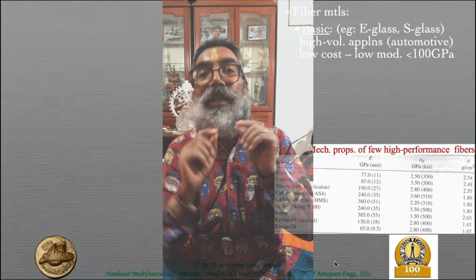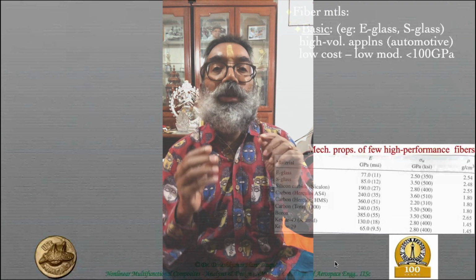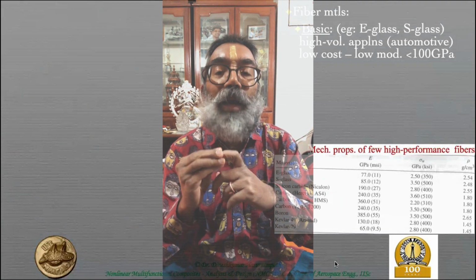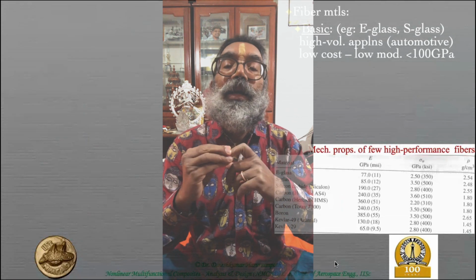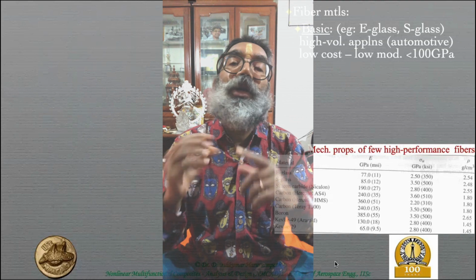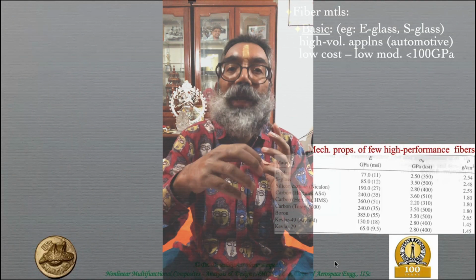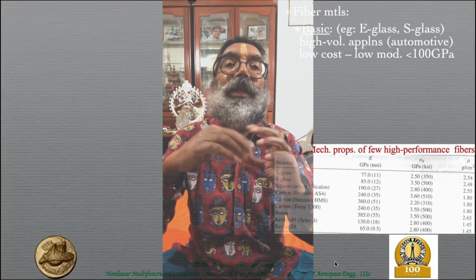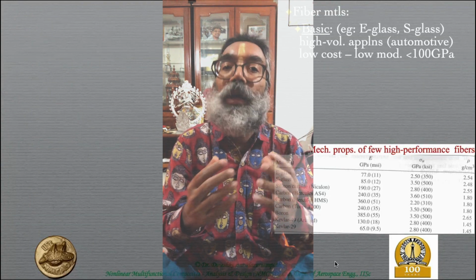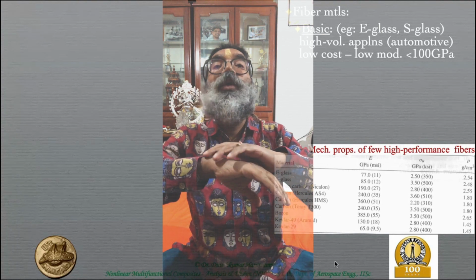That is, you understand the phenomena behind this damage. So suppose a fiber microbuckling has happened, why it has happened, what is the geometry associated with that. If it's a fiber breakage, what is the material physics associated with that, and then incorporate that into the understanding of the mathematical model, the damage model, and then all of them put together, you basically come up with the overall composite